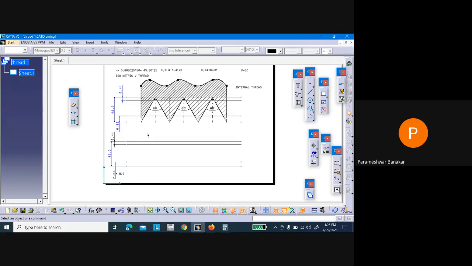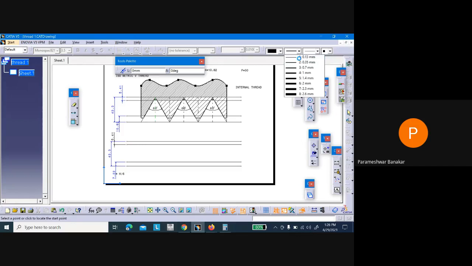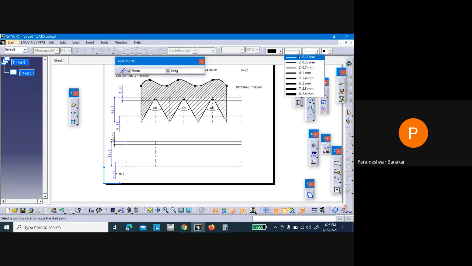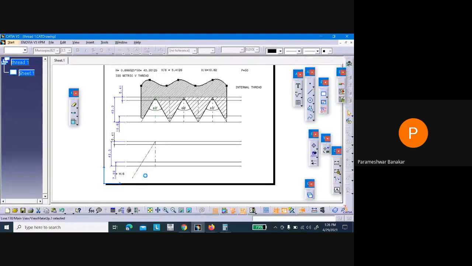Then again the same method you can draw. Select line, select this. First draw one axis. From here only I will start. I have drawn one axis and take line. From here you will draw one simple line like this and make the angle.